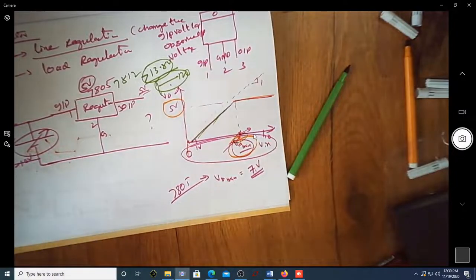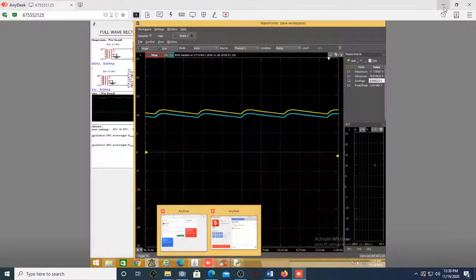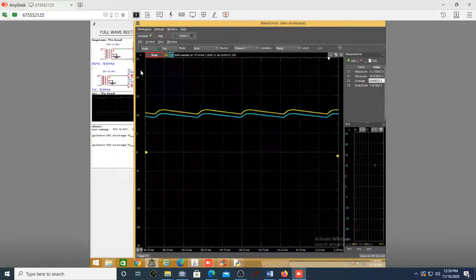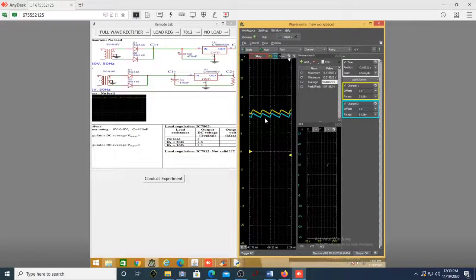That is possible in this particular circuit if I increase the rating of the transformer from 9-0-9 to maybe 12-0-12. So that is one interesting observation. Why it is not regulated is because the input voltage required for 7812 is not available in this circuit. Whereas for 7805 it is available, it's coming. You can see it's coming here. Can you see it's perfectly coming here? So this is one good observation. In the next video we'll see how a bridge rectifier will be used to get the exact rectification, filtering and regulation. Thank you.